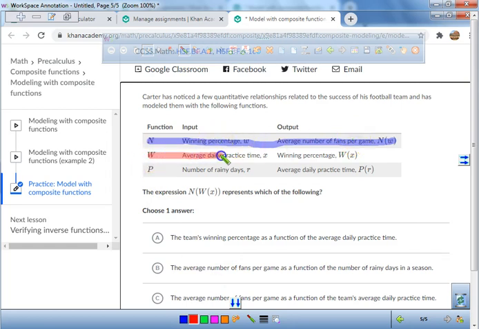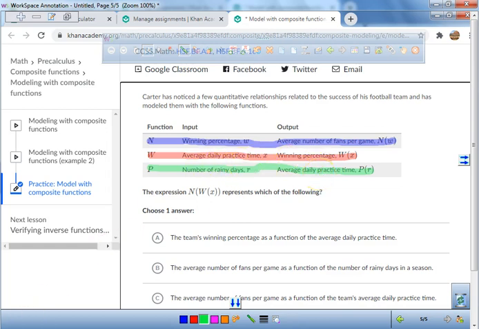W is the average daily practice time, which gives us a better winning percentage. So the more they practice, the better they get. And then here, the number of rainy days impacts the average practice time. So right now, we have 3 different input-output combinations. The winning percentage gives us the number of fans that come to the game. The average practice time gives us a certain winning percentage, and then the number of rainy days impacts the average